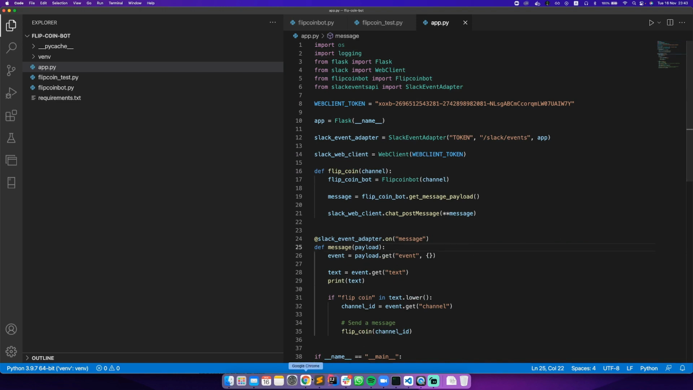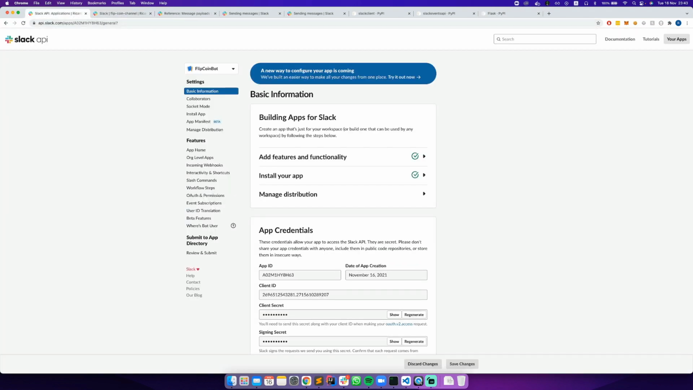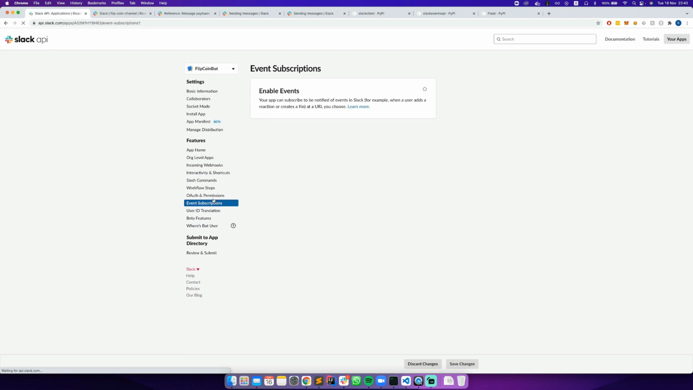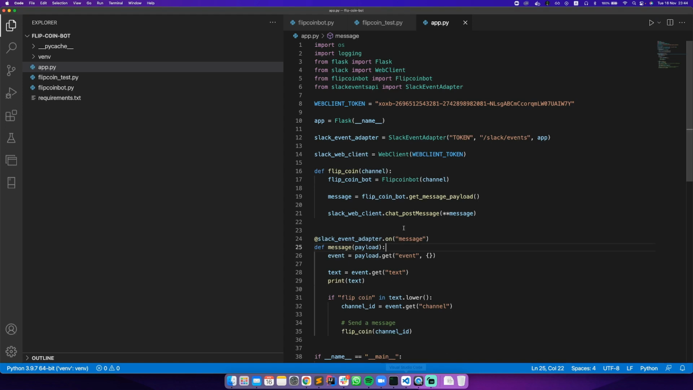Now we need to configure our Slack API, which is here, and we need to allow for events to happen. So for you to do that, you need to go to your event subscriptions. Let me put this bigger. Okay. And click enable events. Okay. And then you just need to paste your server IP / events. That is the endpoint that you have just created here. So my server IP